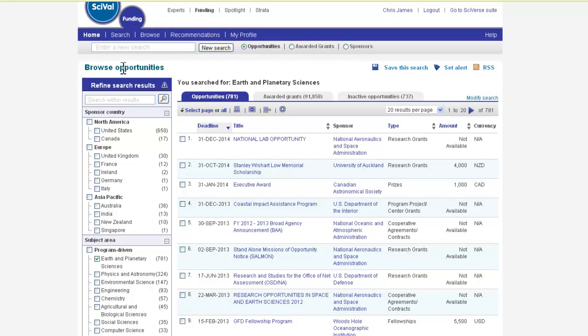SciVal Funding also lets you analyze the funding environment. You can access data for funding performance measurement, evaluation, and strategic planning. You can view articles that relate to research financed by funding bodies, and you can gain insight into awarded history to see which researchers and projects have received funding in the past. This may also allow you to find potential collaborators and identify principal investigators working in areas of interest similar to